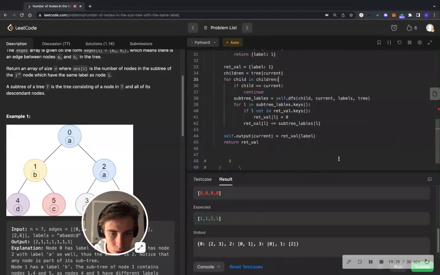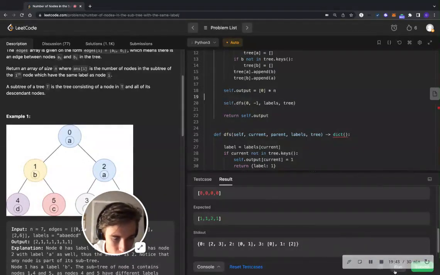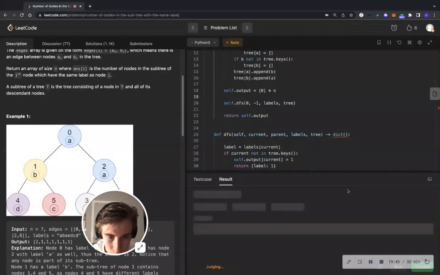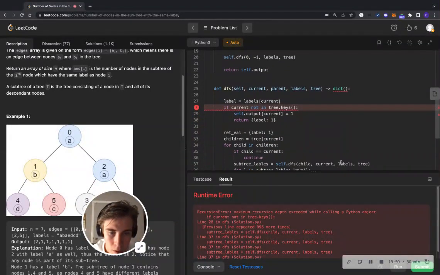If parent equals, continue. And then here, -1. This is a trick, I guess, a workaround, because we have this weird condition where if current not in keys, maximum